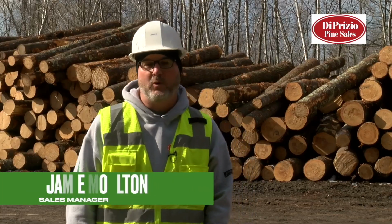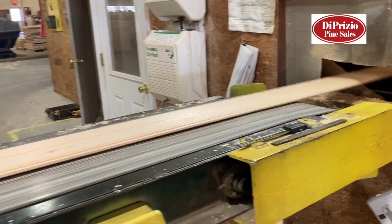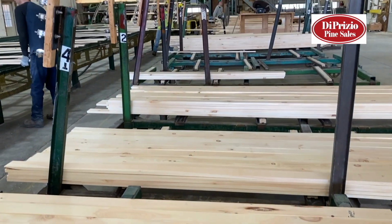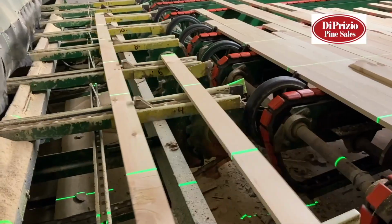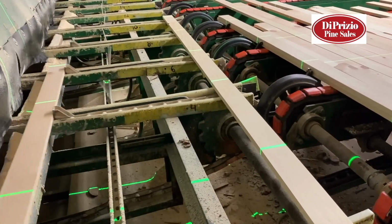We make any pattern boards, from an edge and center bead board to a WP4, which is a V-joint, shiplaps, tons of shiplaps, all different thickness faces. We do anything from a 7/8 natural face from a sawmill to a 13/16 bandsaw. We do what we call a rougher head, which is like a striated face. We do a clean bandsaw through our bandsaw in the planing mill, which will give you the nice clean look,